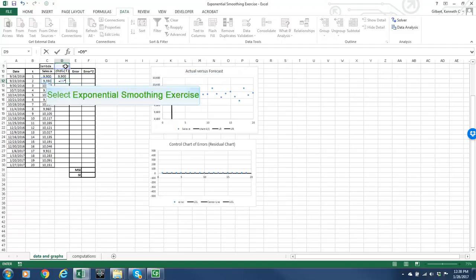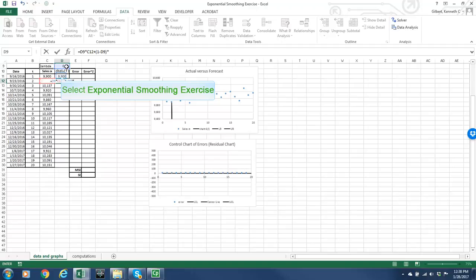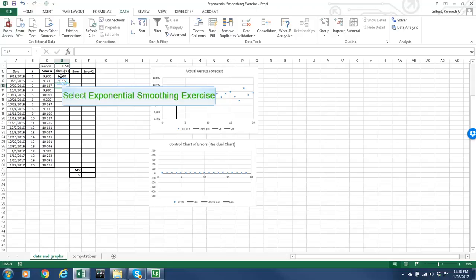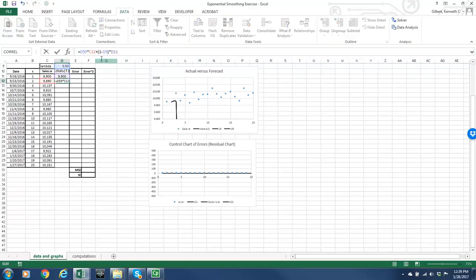So I'm going to multiply lambda times the current observation plus 1 minus lambda multiplied times the previous forecast, and there's the forecast for period 2. Now I'm going to copy that formula down, so I want to tell Excel that the reference to lambda is an absolute reference. I don't want it to change as I copy it down, so I put those dollar signs in there, and